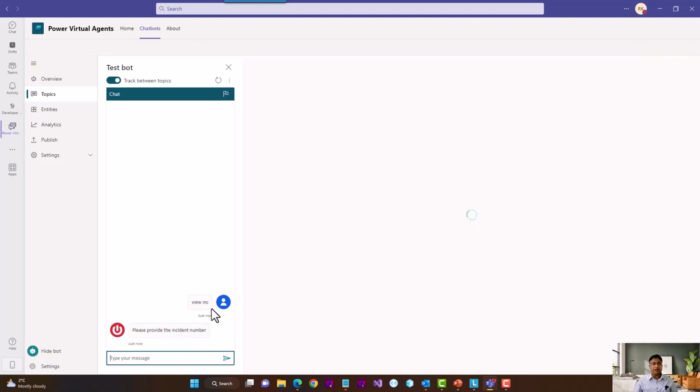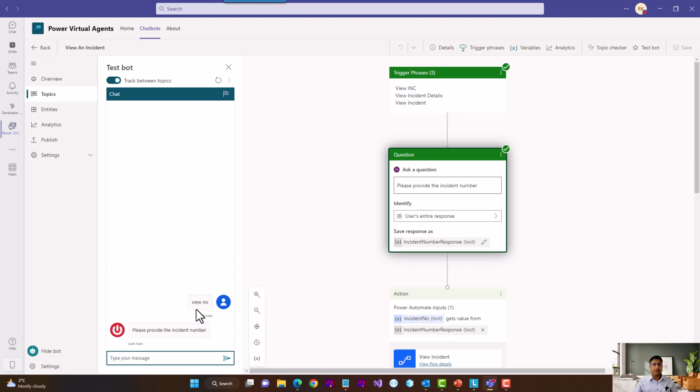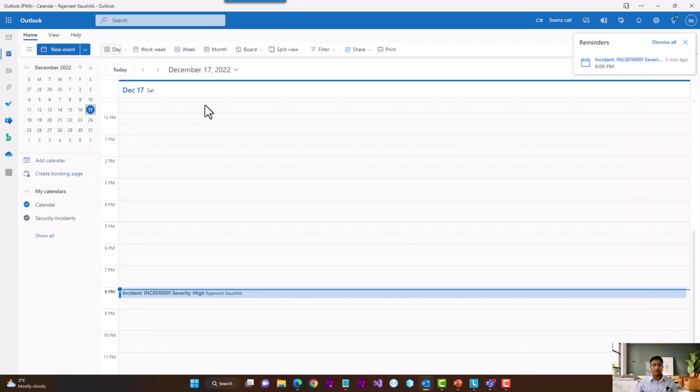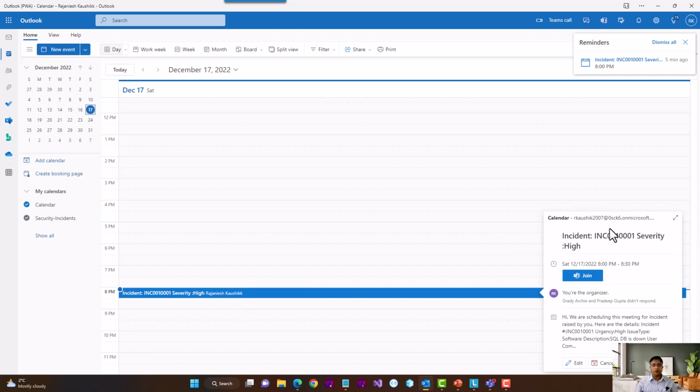So it understands that INC means incident. If I type full incident, it will also go through the same flow because this is a synonym of incident, right? INC, INCIDENT, all these are the same thing, right? So it is asking you about the incident number, and this is the incident number. So let's copy this incident number from here